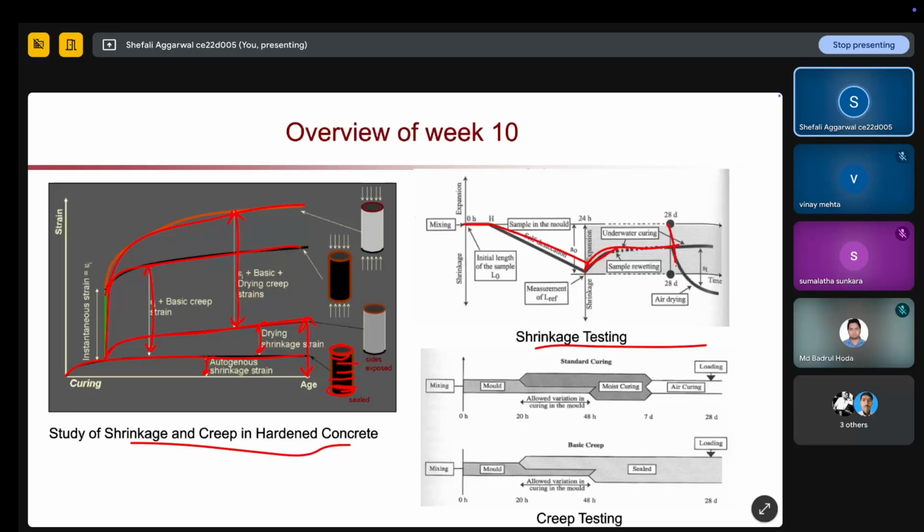And after 28 days, if you are still keeping it in solution, it will be constant, but if you are drying it, it will reduce again, it will cause shrinkage. So if we talk about when I am preparing my specimen, within 3 to 4 hours I am getting plastic shrinkage, and then within 24 hours I am getting autogenous shrinkage here,